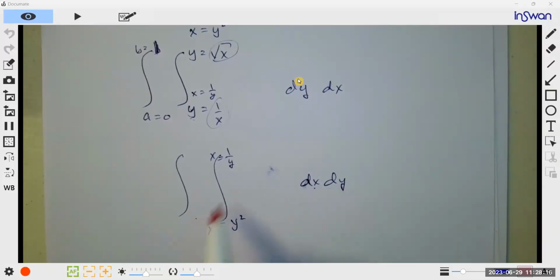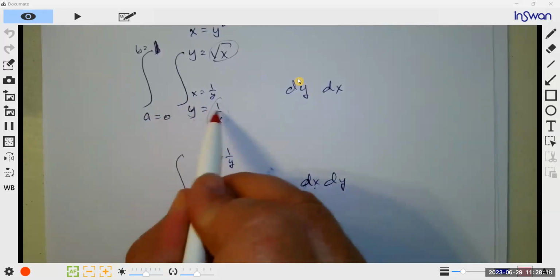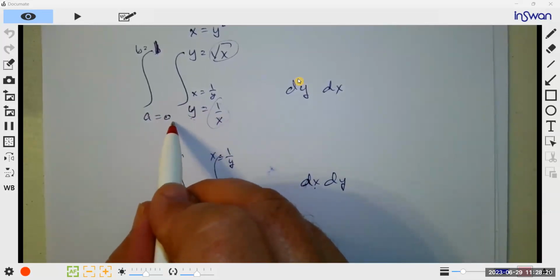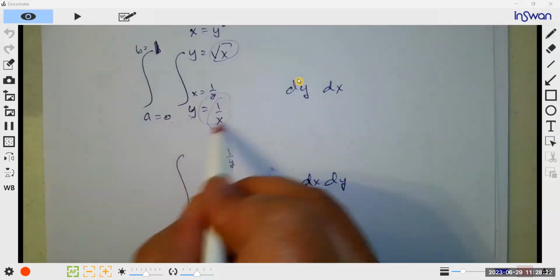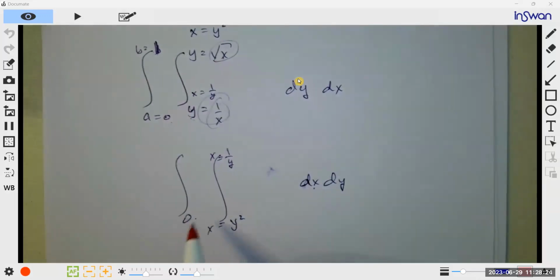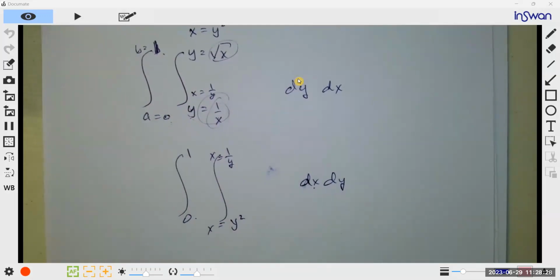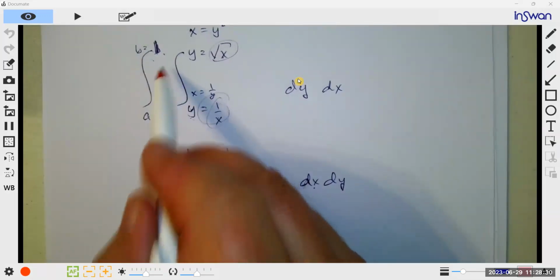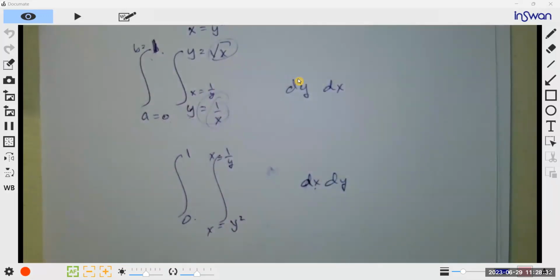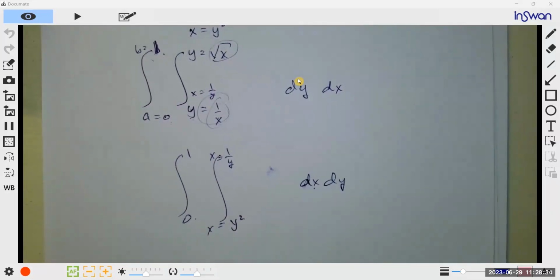Now, to figure out the y bounds, look at our bounds. So it goes from 0 all the way to 1. So you have to plug in those original values for x inside there and see what the bounds are. Other than that,